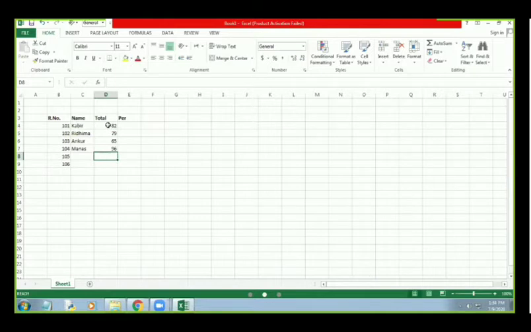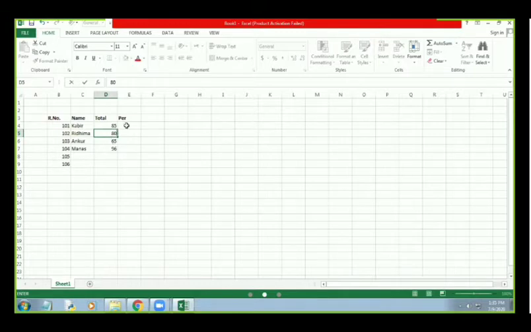So first of all, just click on any cell. Suppose I have clicked here over 82 and then press delete. Okay, now type 85, the new marks. So in this way we can insert the new marks that a student got. Similarly we can change just by clicking anywhere. Suppose Ridhima has got 80 marks, then click on the cell and type the new value. In this way we can change the contents of any cell.